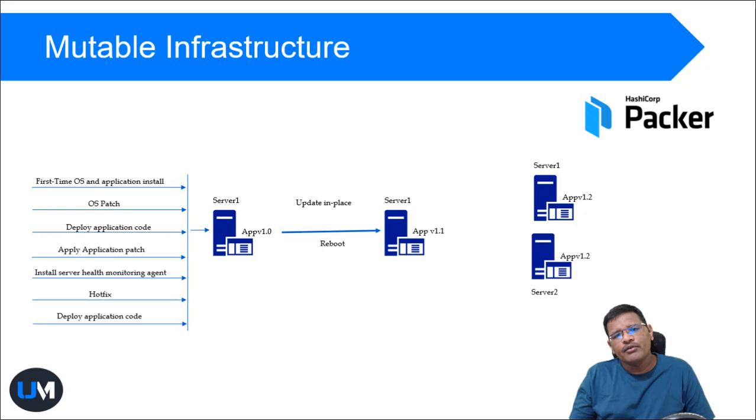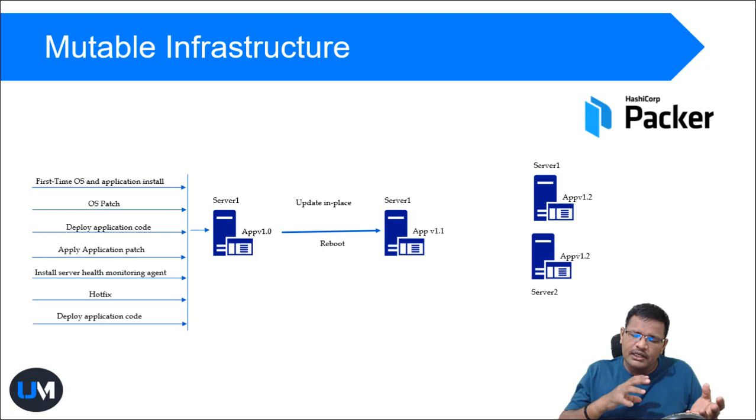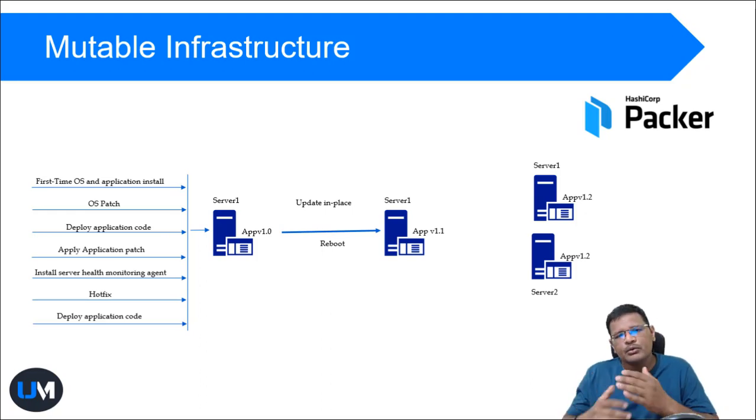If we have multiple servers, let's say 10 or more servers, or 5 servers, then during this upgrade process, each server won't have the same configuration as the other servers. This is what we call configuration drift, where one server does not match the configuration of the other server. This may lead to loopholes, vulnerabilities and security issues. Sometimes if a server goes down, then we have to start again from scratch and deploy one by one. So this is a mutable process.